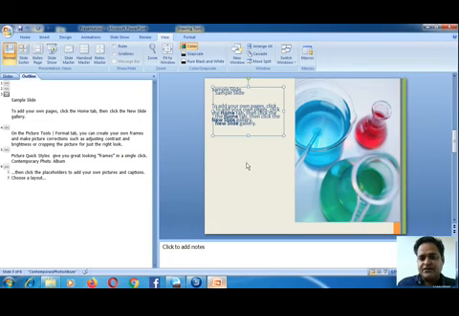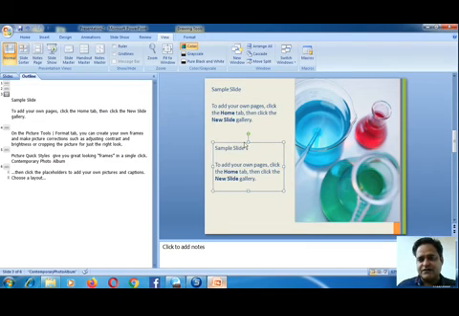Now you can see we have got a copy of our same object, which I have moved by dragging it down. So this is how we copy an object.